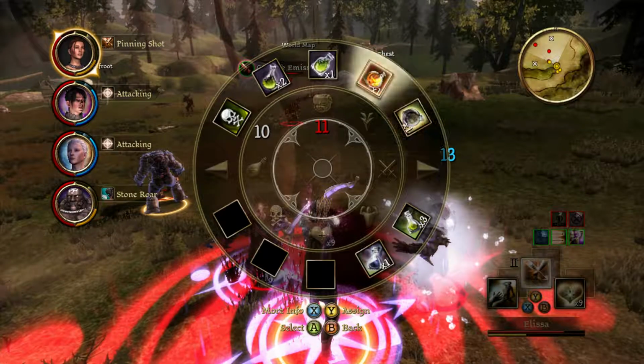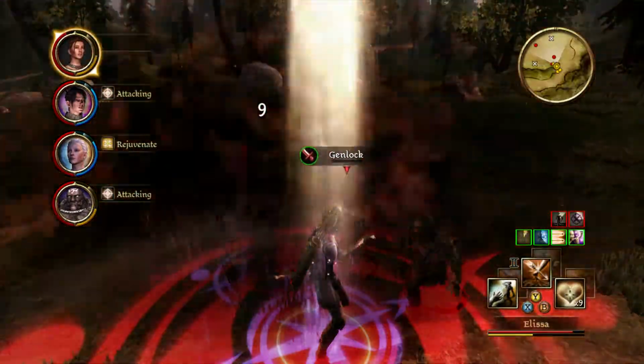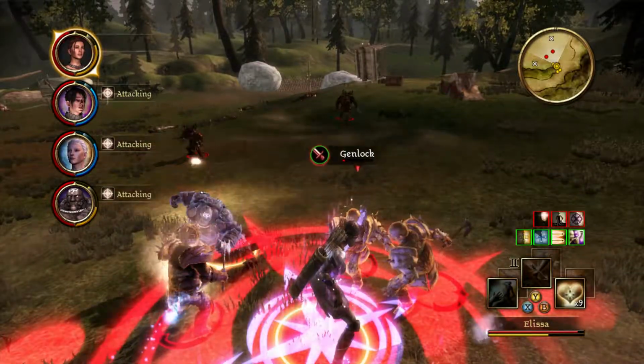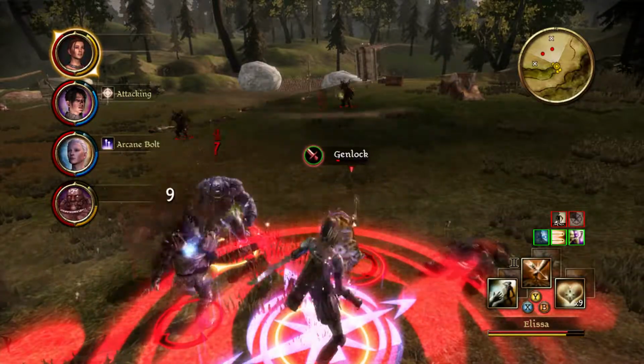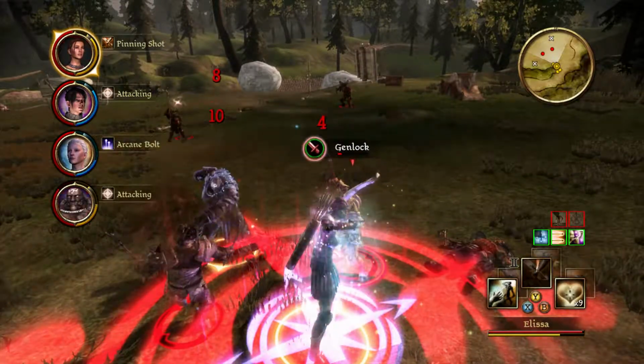Oh, speaking of flasks... Firebomb! Ooh, did a fair amount of damage there, actually. Is that emissary down already? Nice! No! No, that's less nice, actually. So...